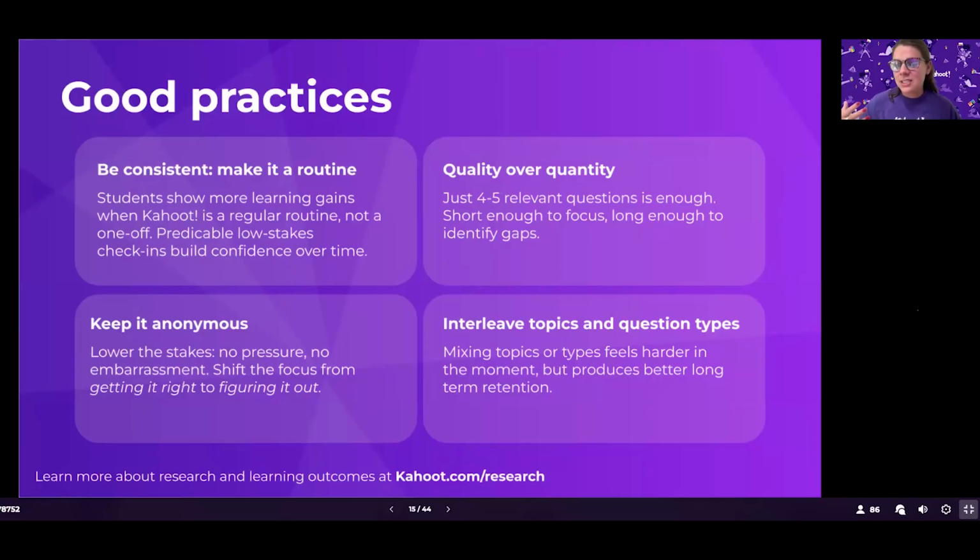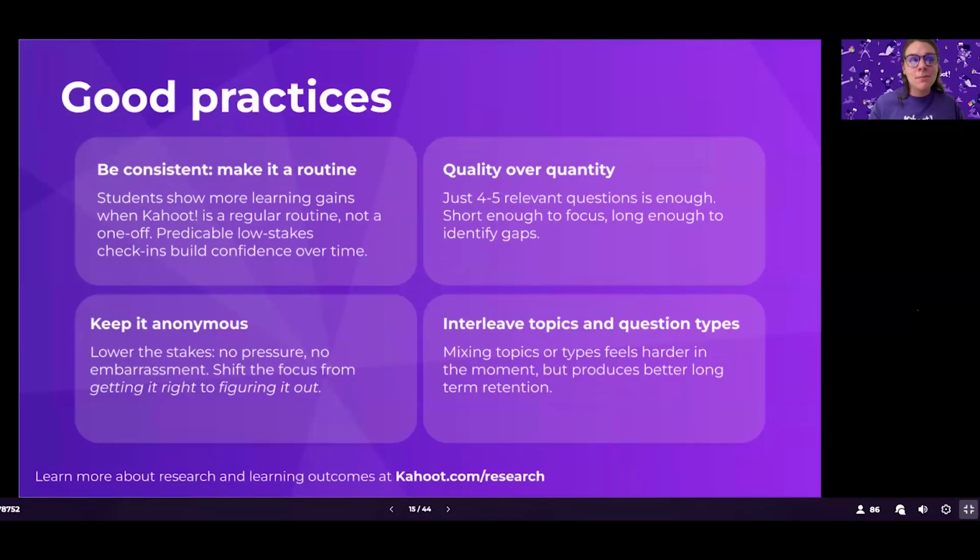Make it a routine. We see teachers use Kahoot as a bell ringer for the first 5 minutes of every lesson or at the end of a week for a review. We see how important it is to go for quality over quantity. I saw someone just mentioning how we don't want students to press quickly through questions. Totally agree. What happens when you only have one question in a Kahoot, and you're really focused on the learning, the conversation, the discourse that happens from a singular question, rather than just clicking along?